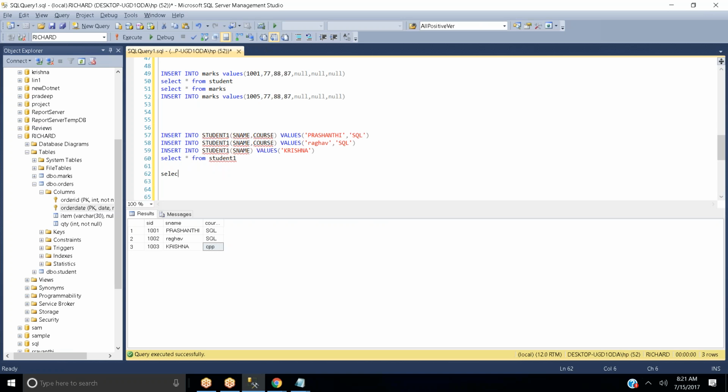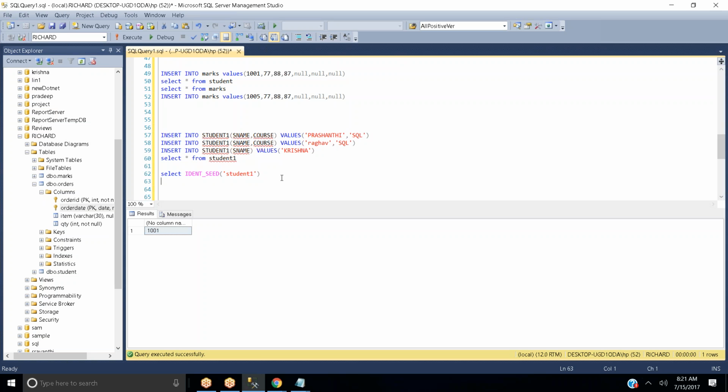Select IDENT_SEED, and then what is your table name? Student1, am I right? Student1. Yes. So what is your base value? 1001, right? You are getting 1001. So this is how you can identify this.